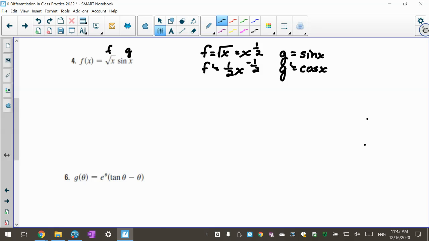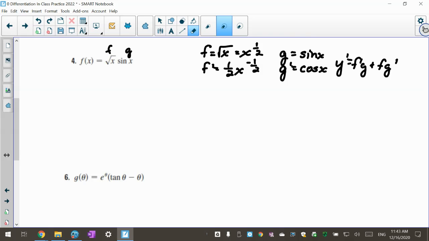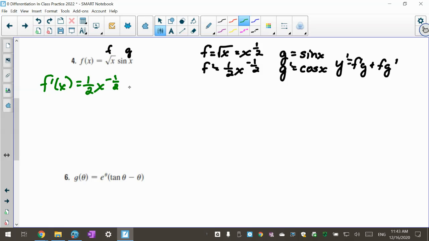So I always set up my f and g's. Remember the product rule: y prime is going to be f prime g plus f g prime. I kind of call it plugging and chugging. Once you set up your f and g's here, which is fun to say, we can come over here and start doing our derivative. So I have y prime is going to be f prime g, so we'll write it this way, 1/2 x to the negative 1/2 times sine x, plus f g prime. I'm going to use x to the 1/2,